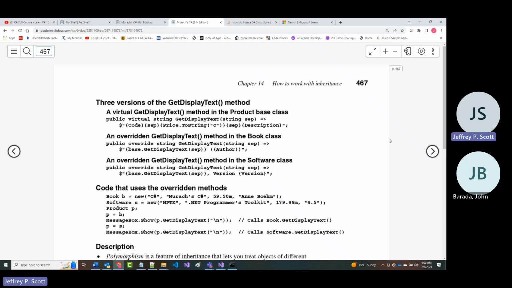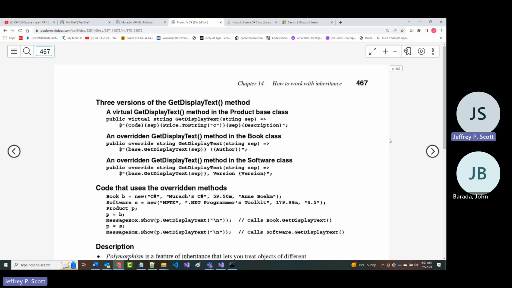But notice what they have in there. They've got the virtual getDisplayText. The first one, you must put the word virtual in it, and that means you are able to override or put your own version of getDisplayText in if you so desire. If you don't override it, the only thing you'll be able to print out is the code, the price, and the description.